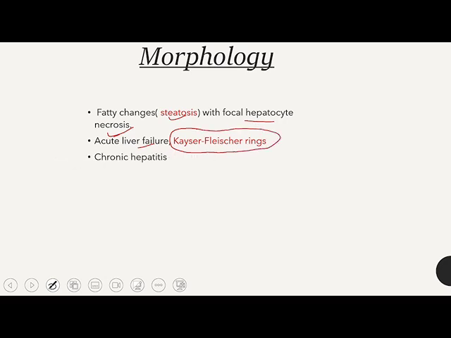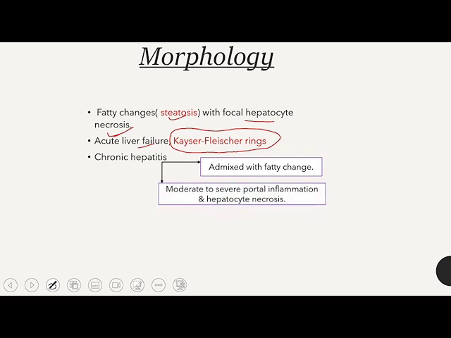And next, we can see in some cases of Wilson disease, there is a chronic hepatitis, and this chronic hepatitis is characterized by the admixed fatty changes. Why admixed fatty changes? Because of the free radicals that have been produced due to the Fenton reaction that has been induced by the toxic level of the copper in the hepatocyte. And next, there is the moderate to severe portal inflammation as well as the hepatocyte necrosis, which is similar to this one,